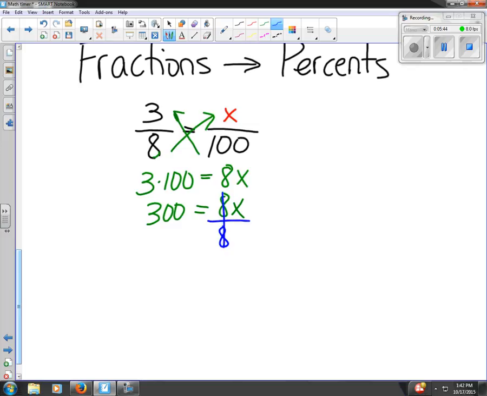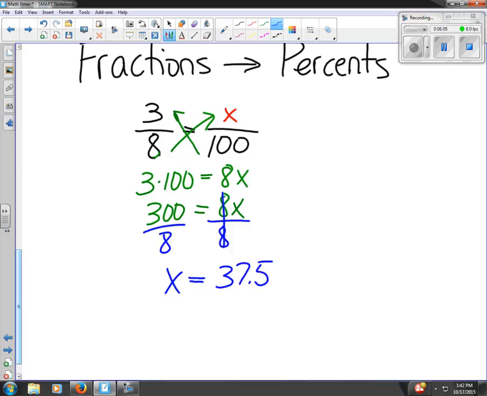Divide by 8, divide by 8. So then x equals, this is where you do have a calculator. I don't have it with me right now. I never seem to have a calculator when I'm doing these videos, but 300 into 8, thankfully I did it on the side here, I just have to find it. You get